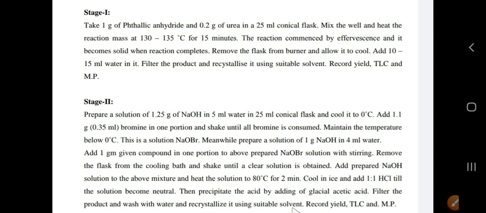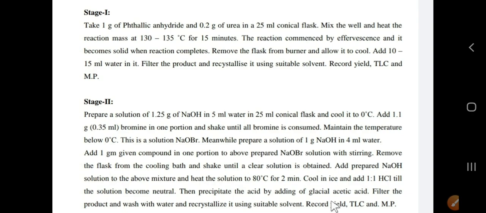Why are we adding acetic acid for the neutralization? Because friends, this compound anthranilic acid contains both NH2 as well as COOH. If we add concentrated HCl, NH2 will form a salt and it will dissolve in water. So we are using a weak acid for the neutralization, which will only acidify the acid. So that's how we are precipitating it out with the acetic acid. We are going to wash it, recrystallize it with a suitable solvent, and then we are going to record yield, MP